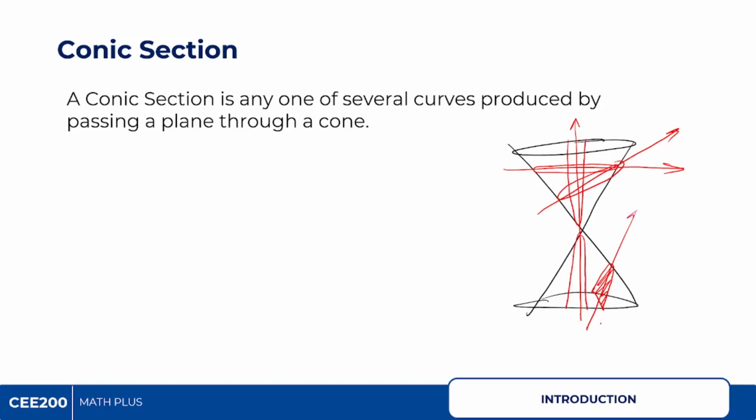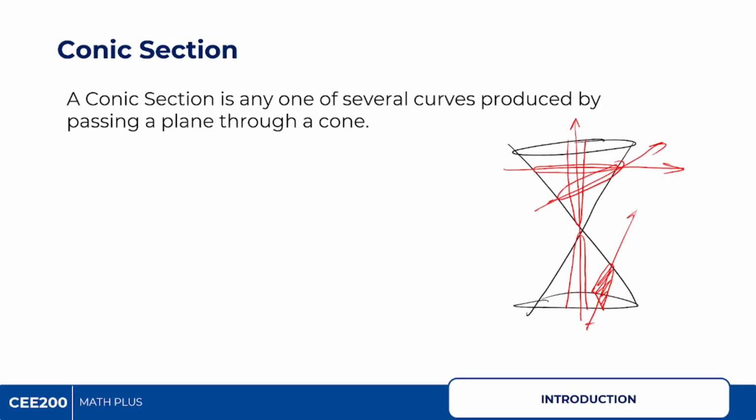So, kapag perpendicular yung plane sa base, you will be getting a hyperbola. Kapag inclined at a certain angle, you would be getting a parabola. If inclined at an angle, then makikita rin yung ganito. Okay, you would be getting an ellipse. And then for horizontal, you would be getting a circle. That is the 4 conic sections that you will be able to create if you will be cutting through planes